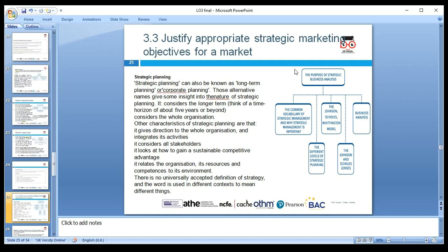Okay, when we make the strategy, then we have 3.3. We need to justify appropriate strategic marketing objectives. Objective means end result. When you set the objective, it needs to be SMART. SMART stands for specific, measurable,